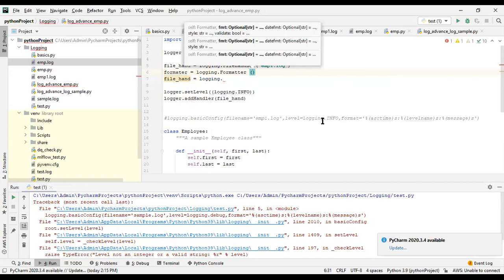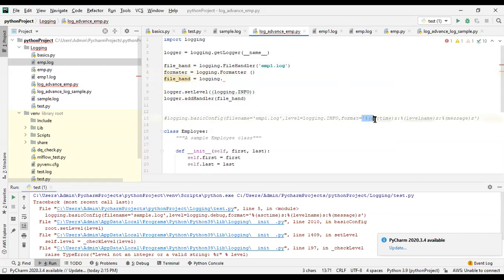Logging dot formatter. I'm just copying the same format information.